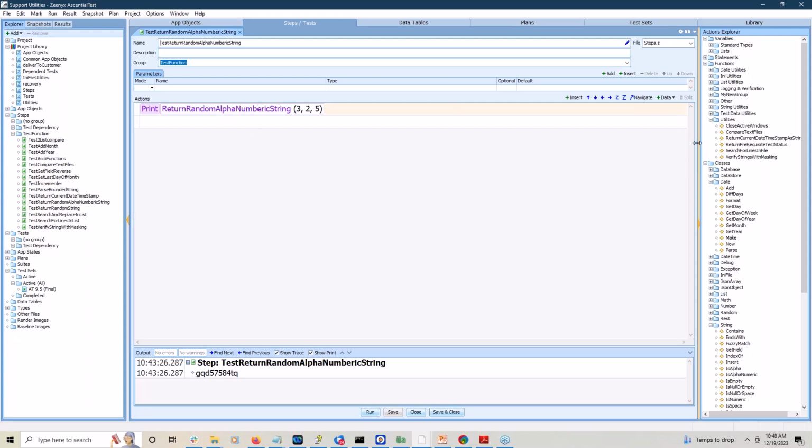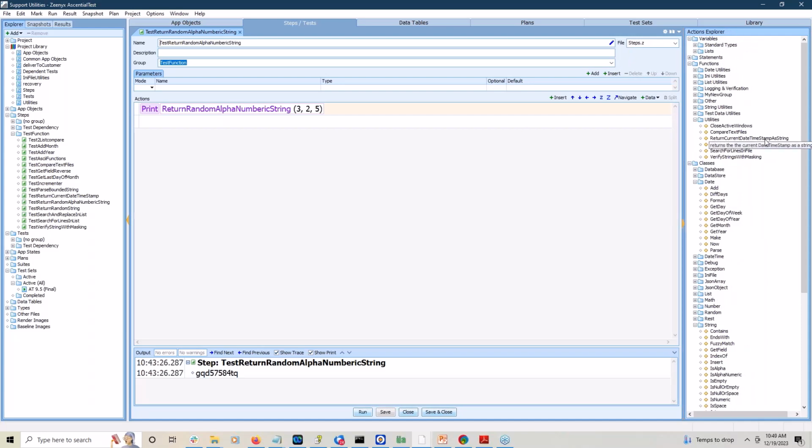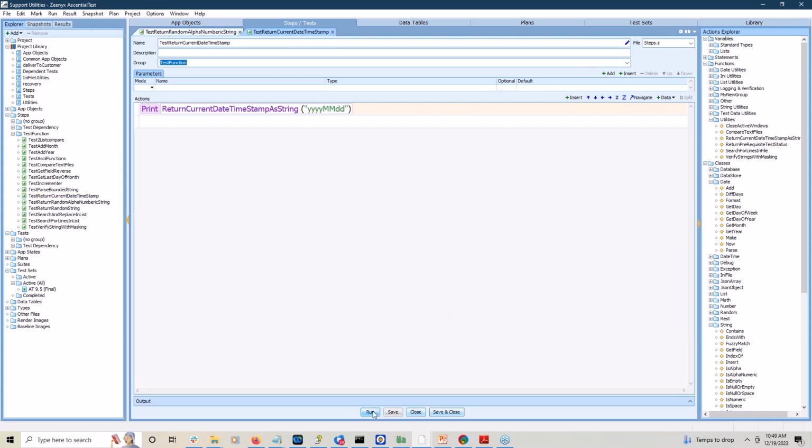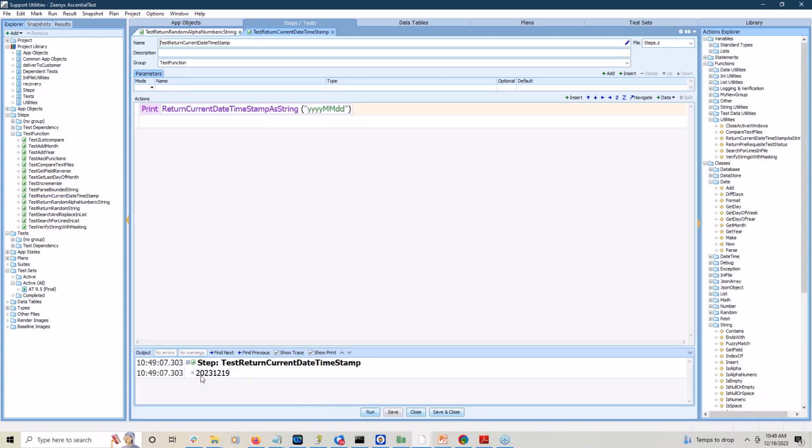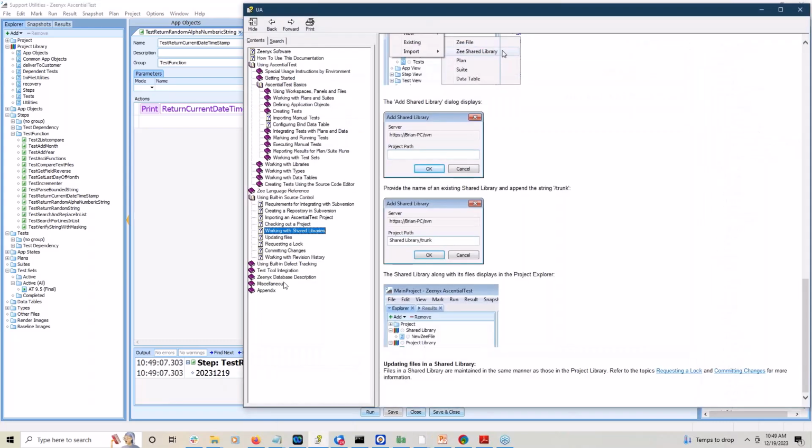Return date timestamp as a string. I showed you that already. Well, actually, I showed it to you. I don't know if I ran it. Did I? I don't think I did. So there you go. So there's the date timestamp as a string. And this was the format I was talking about. You can add minutes and seconds to that if you want, because it's date time, it's not just date. So if you needed this to be even more random,